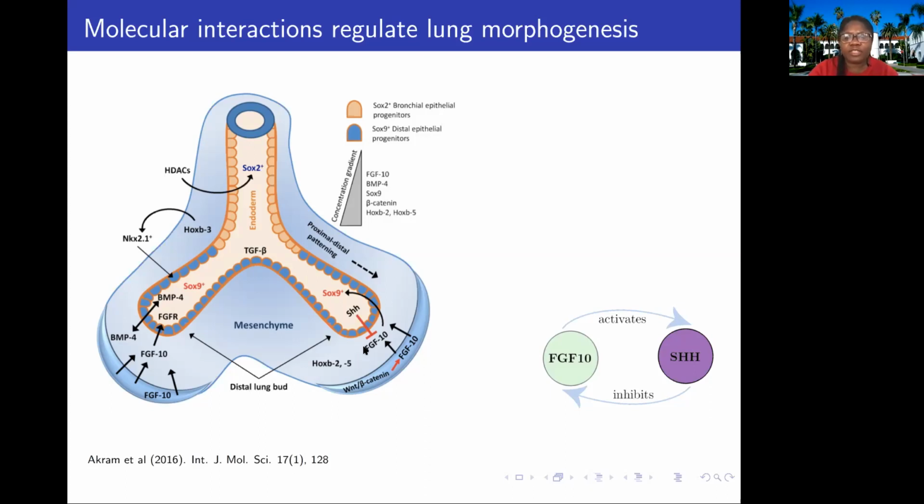There's a nice procedure that has been done for decades. It's been demonstrated in pigs, in mouse, in rats, and it's also used in human in very rare cases to treat underdeveloped lungs, fetal lungs. So what happens is that if you take an embryonic lung or a fetal lung, and then you occlude the trachea, the lung branches with increased branching rate. So it has a 50% success rate in human